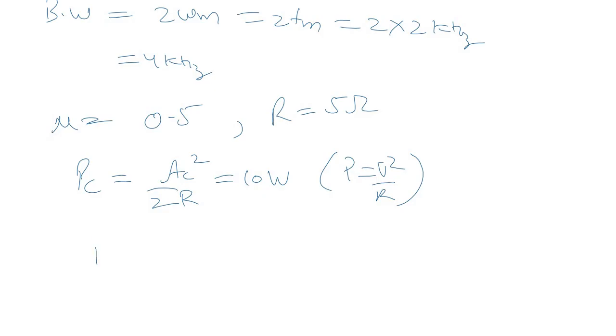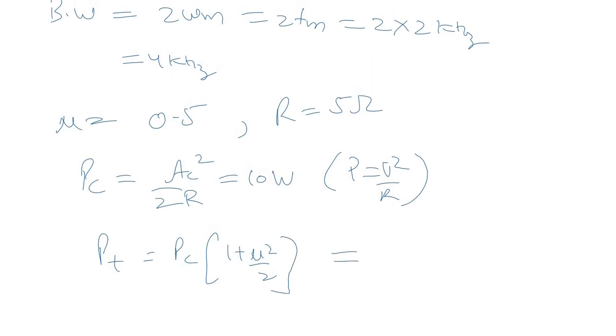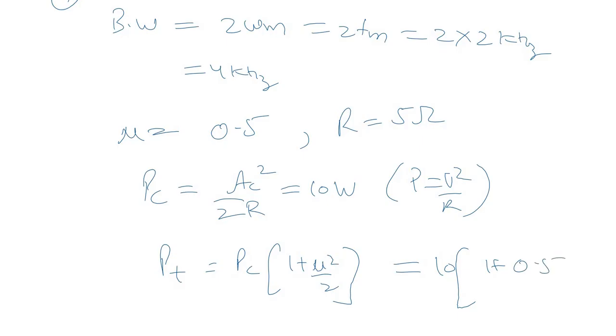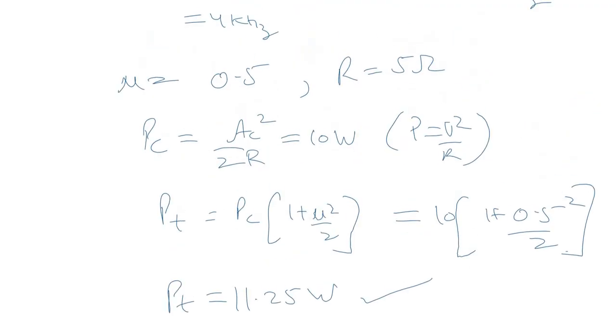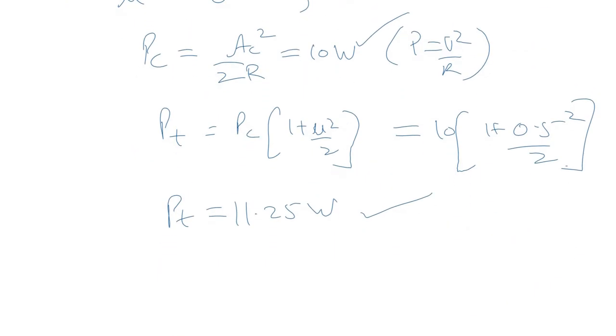Okay, with the help of Pc now we find Pt, that is Pc into 1 plus mu square by 2, and this comes out to be 10 into 1 plus 0.5 square divided by 2, and if we simplify it we get Pt equal to 11.25 watt. So now we have the total power, the carrier power, and the bandwidth. Alright,